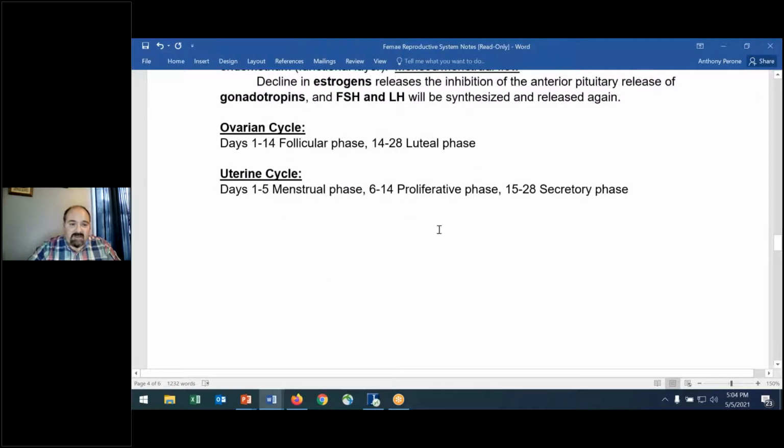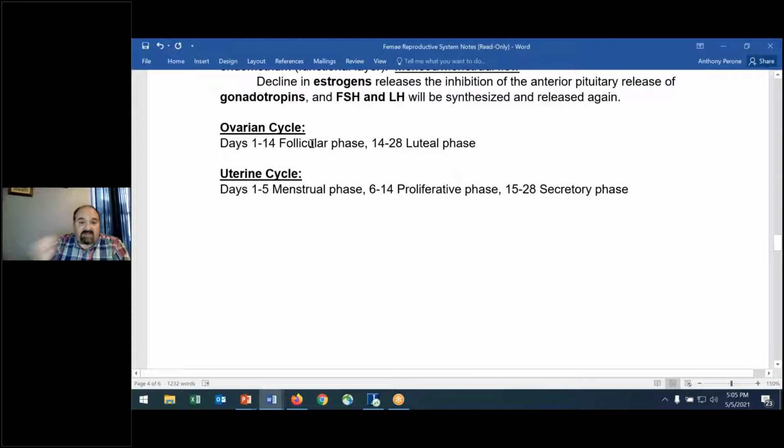Here you're seeing the terms that we're using to describe the time periods and the areas of the ovarian and uterine cycle, right? So think about this for a moment. In the ovarian cycle, the follicular phase can vary, a little bit more or a little bit less than 14 days, but the second half is always 14 days. So the luteal phase is always 14 days.